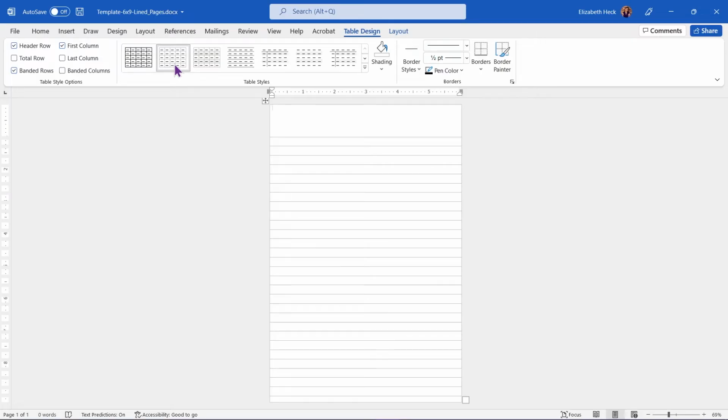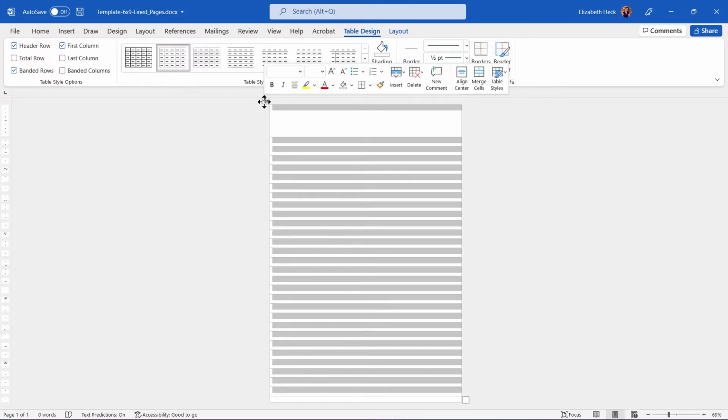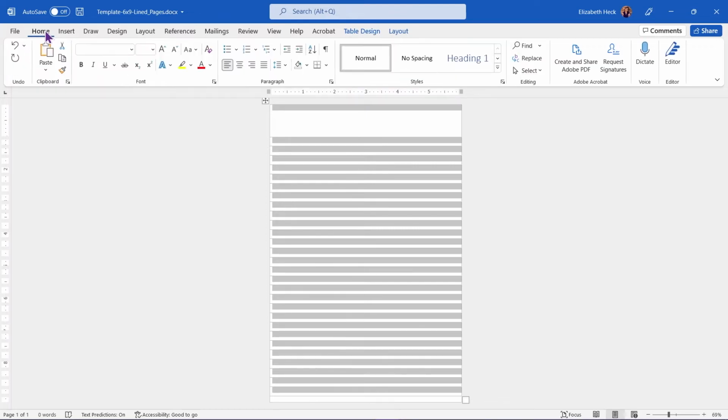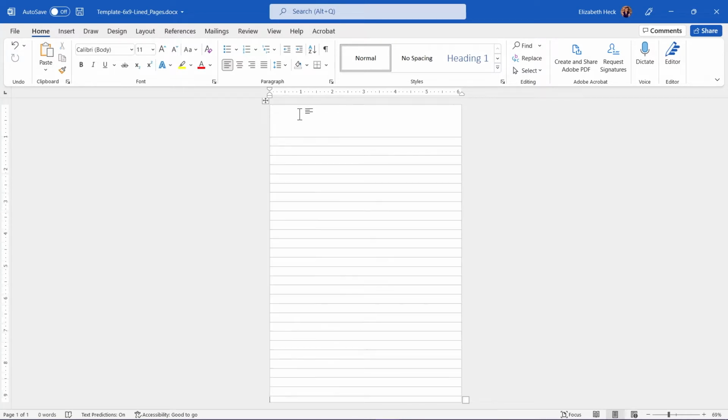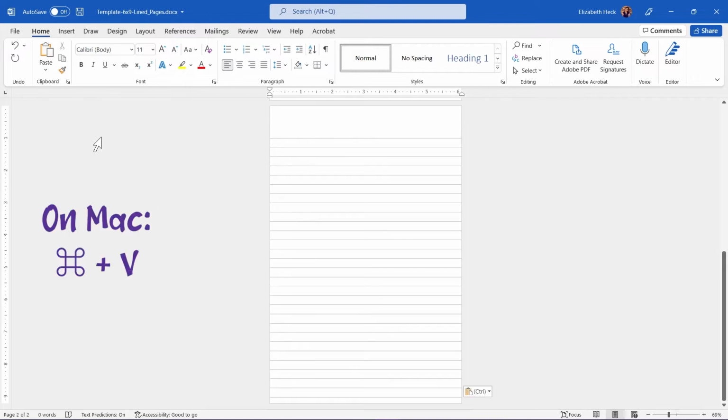Now let's move on to making duplicates of this. Now this is the part that's a little bit boring. We go back, we click to highlight the whole table, and we're going to hit Control C, or if you prefer, you can go into the Home tab and click the Copy button, and then you're going to press the down key to get to the bottom of the page, or simply click down here so that you're there. You're going to hit Control V, or click on Paste up here,